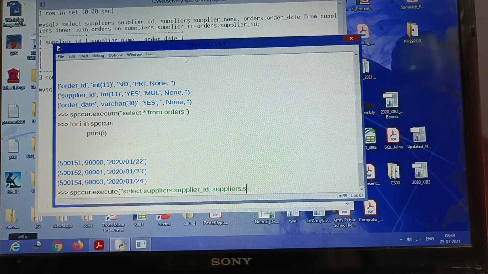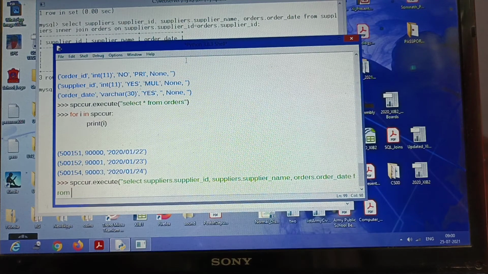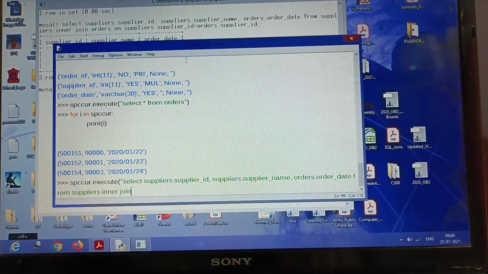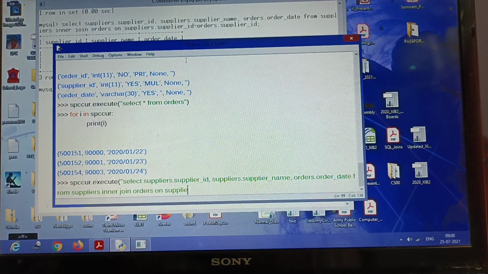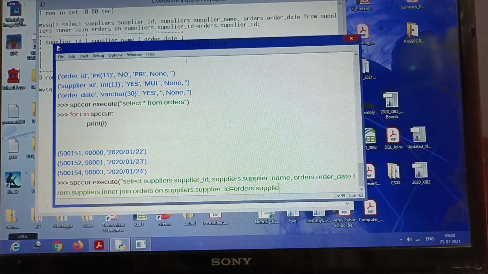Suppliers dot supplier underscore name, orders dot order underscore date, from suppliers inner join orders on suppliers dot supplier underscore ID equals to orders dot supplier underscore ID.